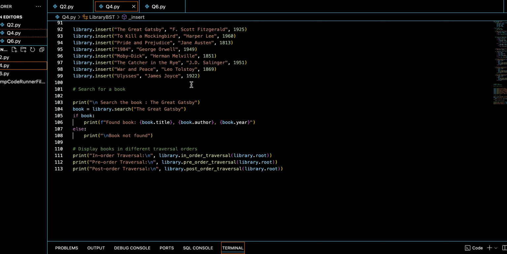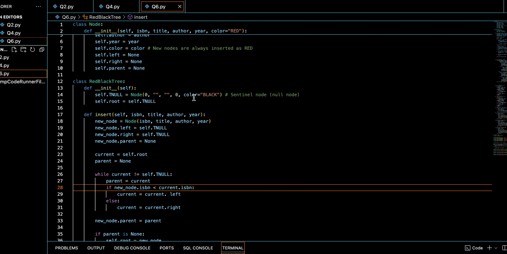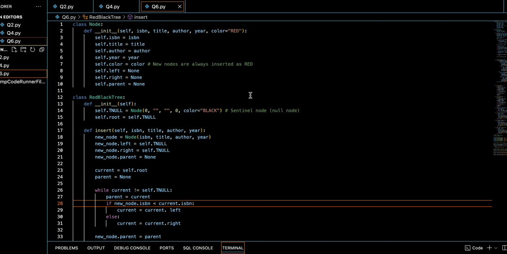And lastly, the third implementation uses a red-black tree, a self-balancing binary search tree. This structure ensures that the tree remains balanced after every insertion, maintaining fast operations. Each book node includes its ISBN, its title, author,